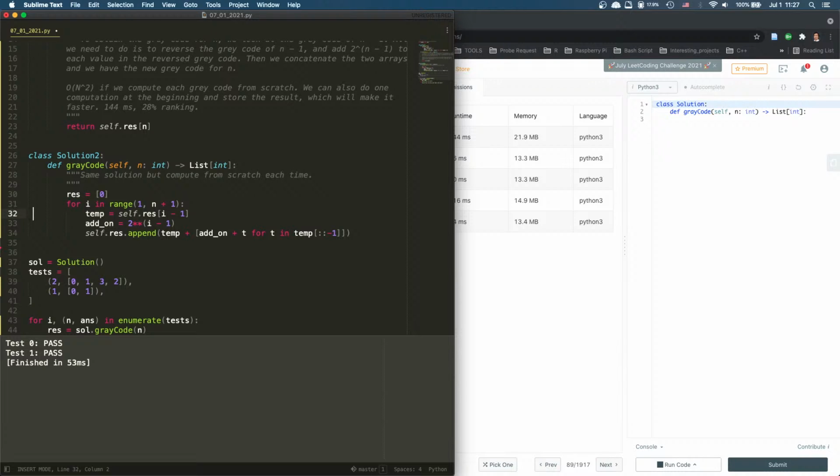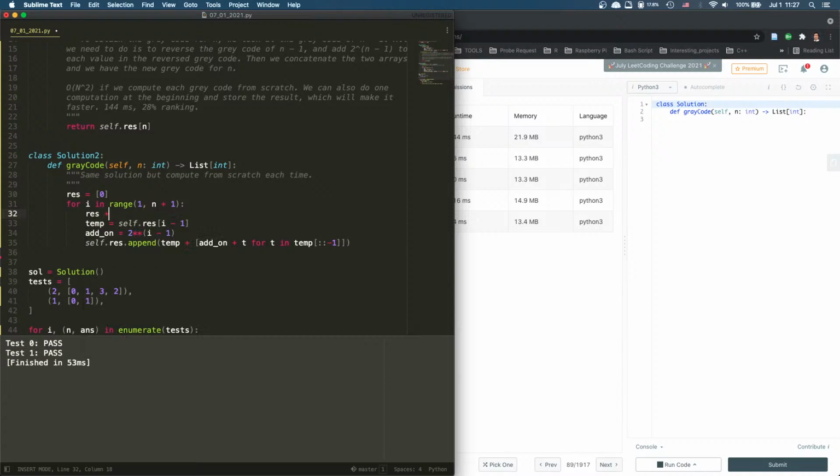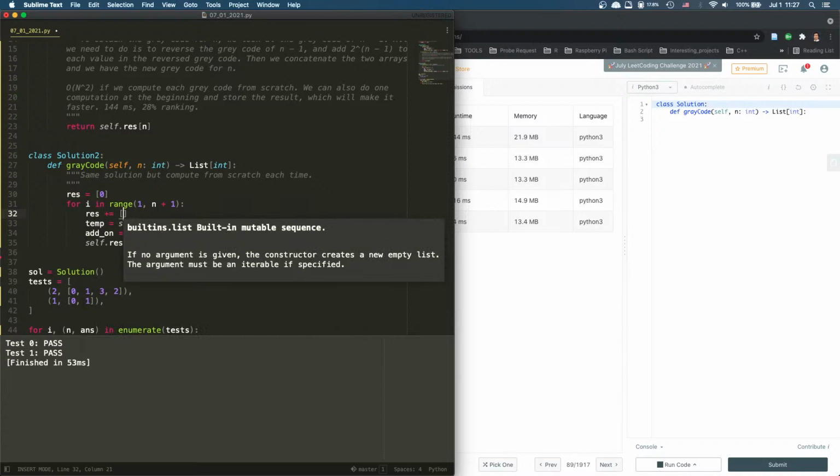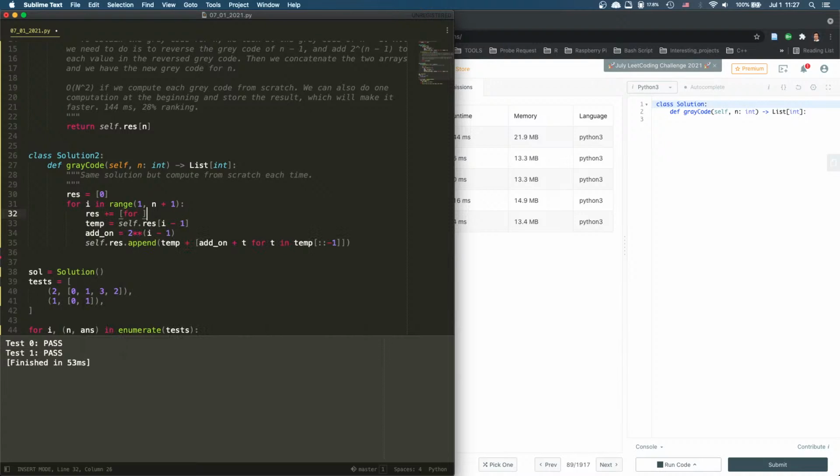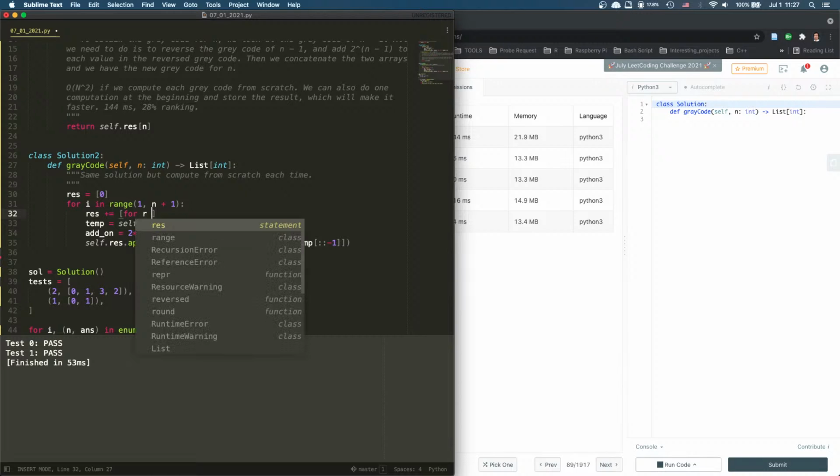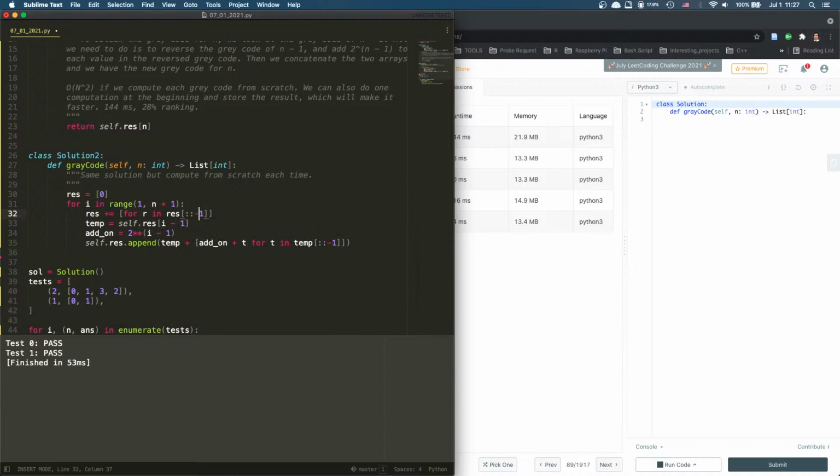And then we say res plus equal to, for r in res reversed, and we're gonna say, let's say r or